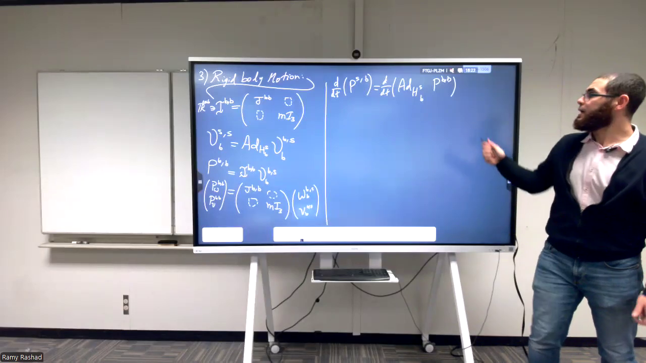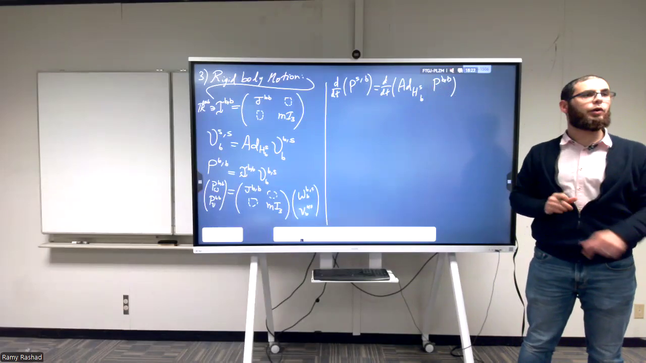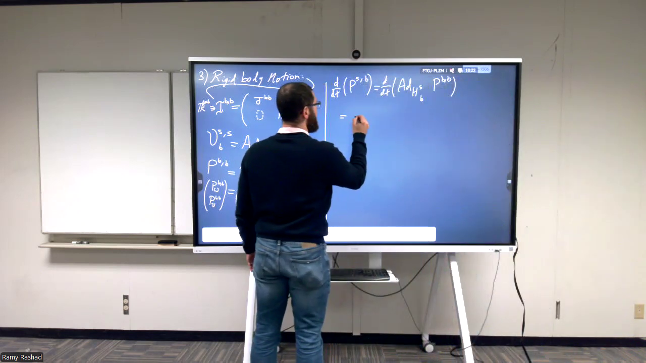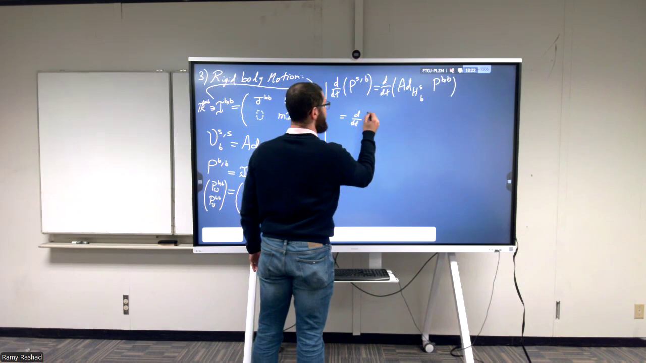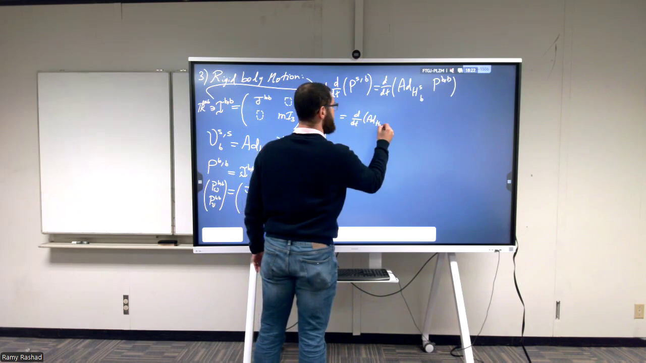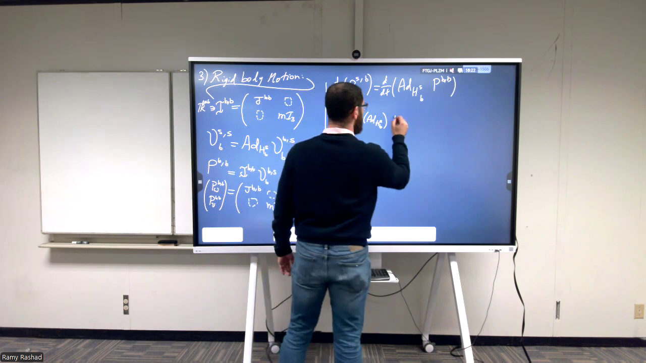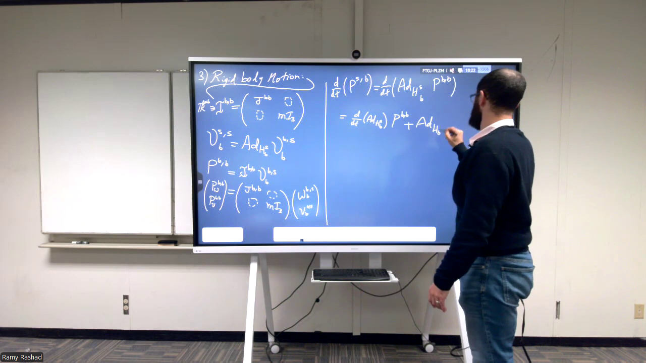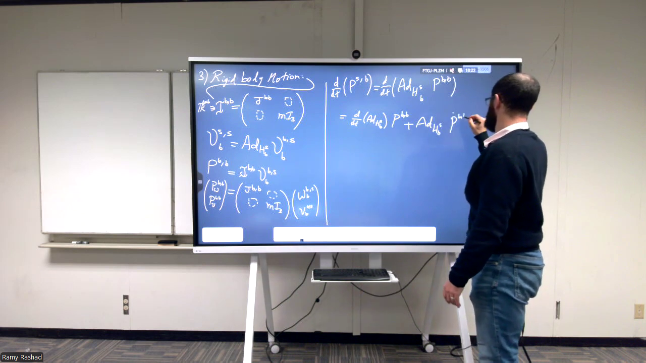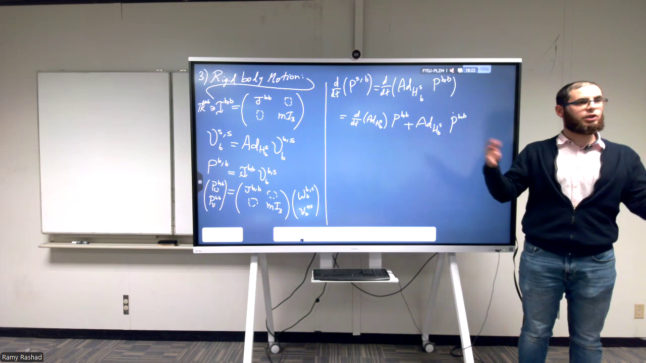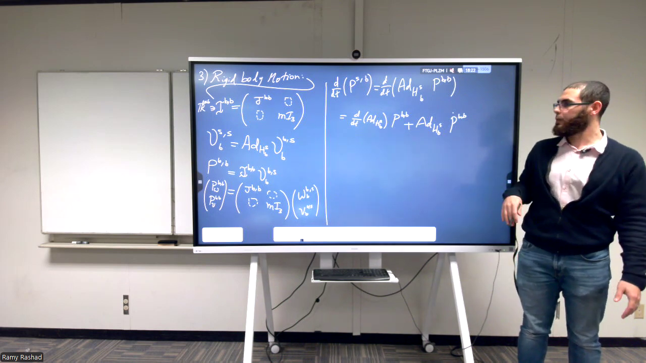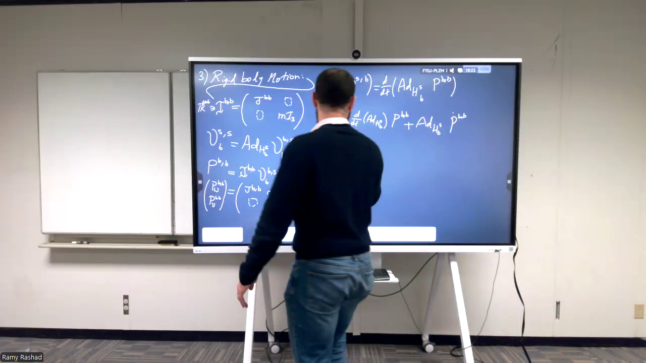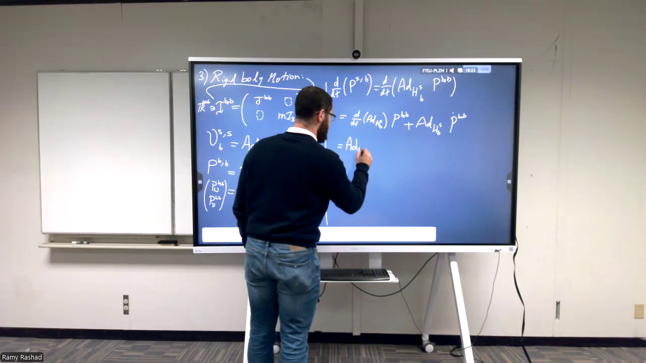What we need to do now is find the rate of change of the adjoint matrix. So we're going to have here the rate of change of the adjoint multiplied by the generalized momentum, plus the adjoint multiplied by P dot. Everything was exactly the same. We're just following the same drill. And what we get is the following: this is equal to the adjoint